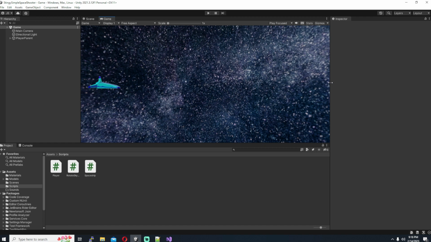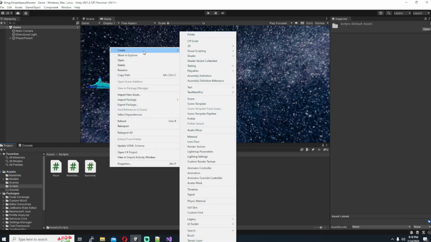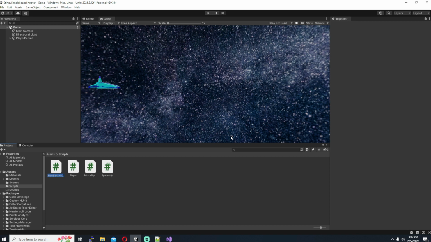Today, for this lesson, what we're going to look at is shooting. So we're going to enable shooting on our player. It's going to be a code-heavy lesson. Okay, so we're going to start out in our project. We're going to go into our scripts folder. We're going to right-click, create a C# script, and we're going to call it